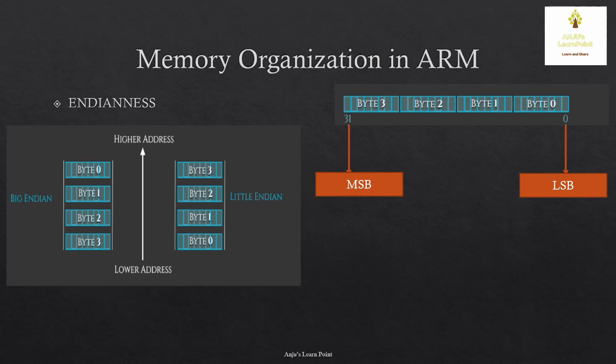On a Little Endian machine, for example an Intel x86, the least significant byte is stored at the lower address. Lower address means address which is closest to 0. Whereas on a Big Endian machine, the most significant byte is stored at the lowest address. So ARM was a Little Endian machine before version 3 was introduced. Since then, it is bi-Endian. Bi-Endian means it can adopt both Big Endian as well as Little Endian memory organization.